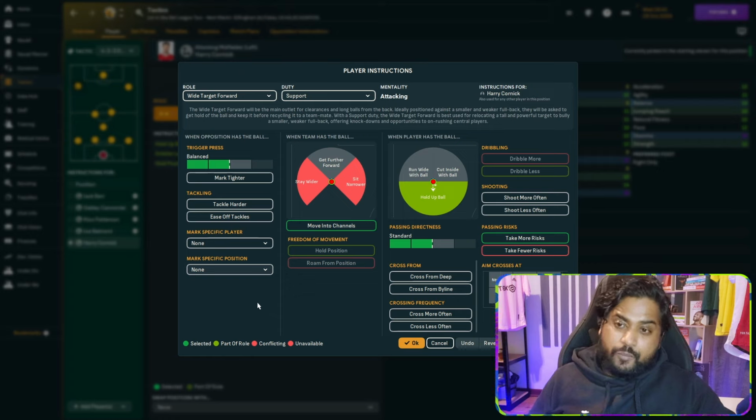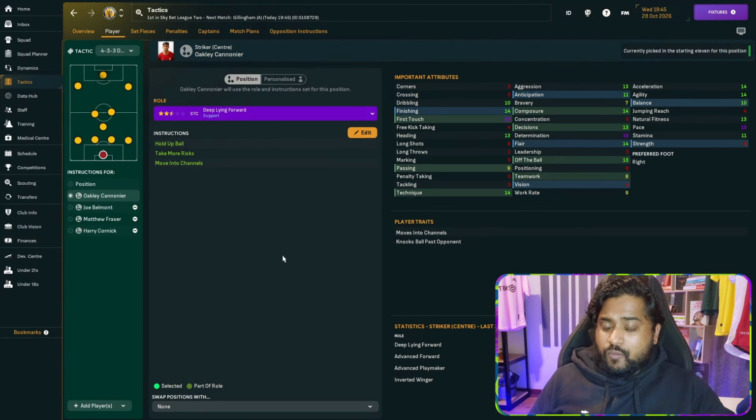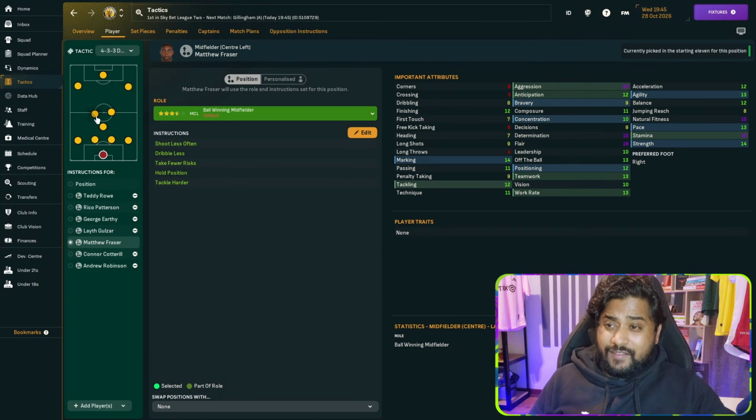But as I said, we could possibly change this and move him central in the game if it isn't working. So for now, we're going to leave it as is. Oakley Cannoneer then will hopefully be more functional in the press than Cornick is. We will ask him to press more often, mark tighter, and tackle harder so that he gets very heavily defensively involved. Apart from that, I'm fairly happy with what he's doing, and so we'll move on to the left-sided central